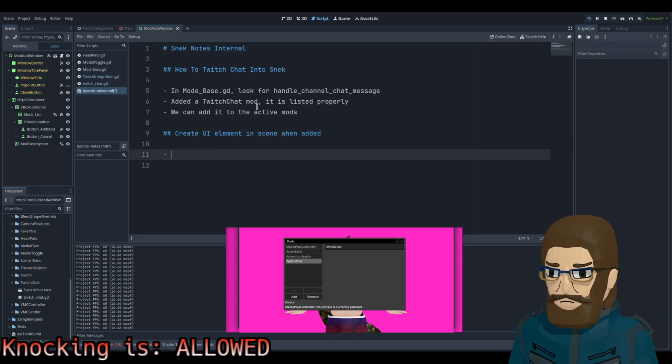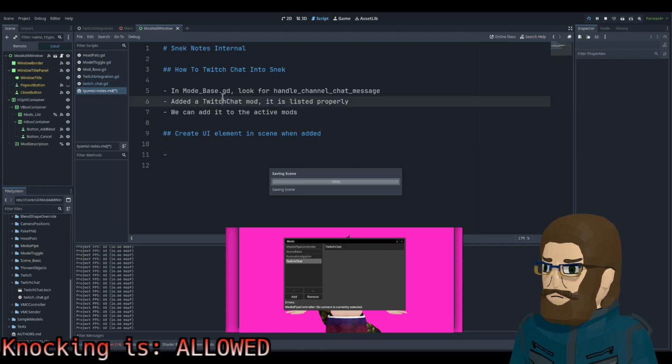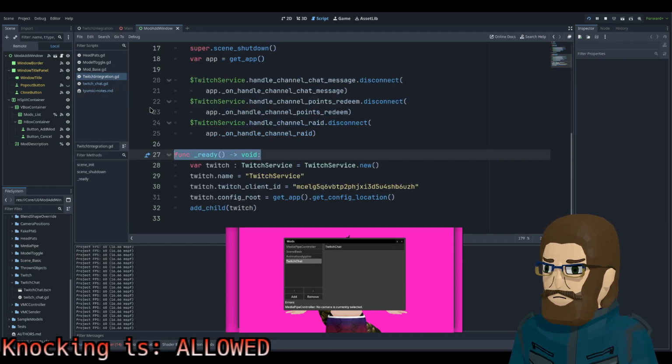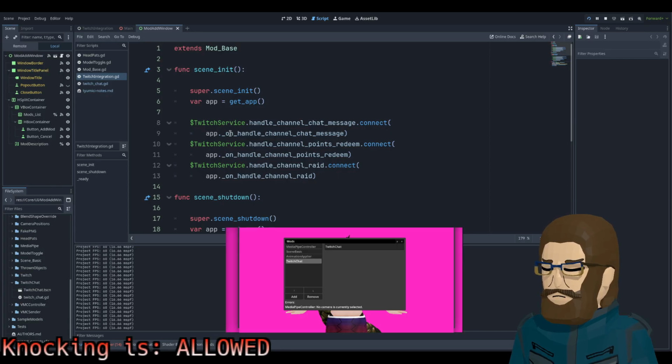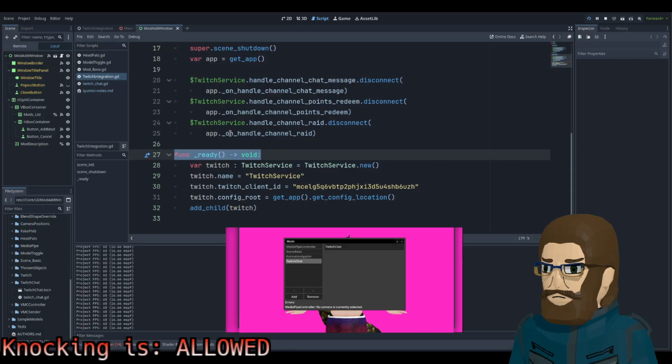So from here, we'll need to do things when it's ready, I presume. Let's look back, right? Let me save this. So like an init, a shutdown, and a ready.